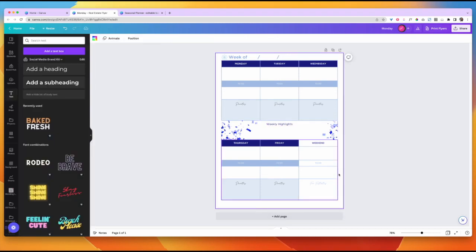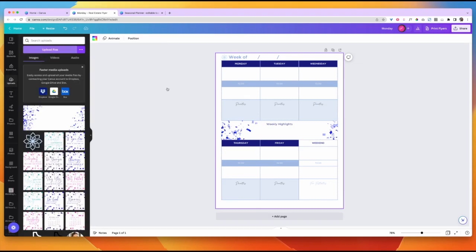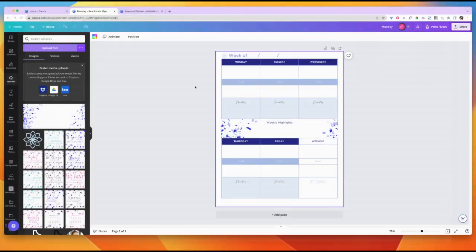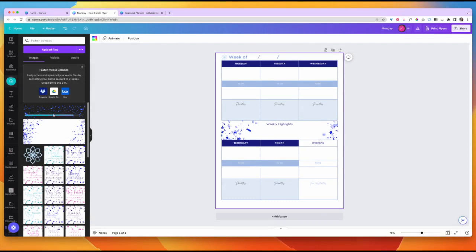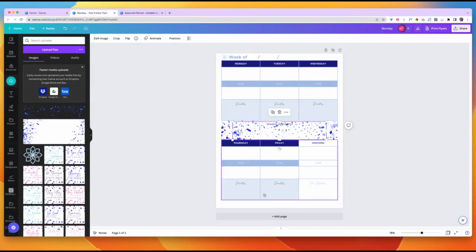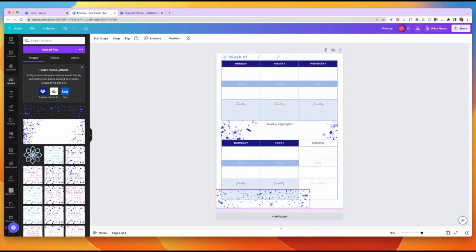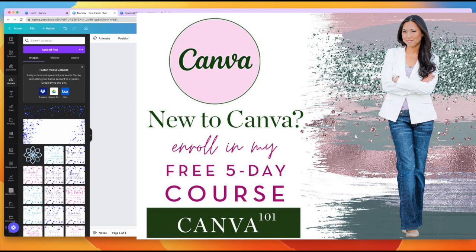And then at the bottom, I had a border that was confetti as well. So we are going to go to upload, and we're gonna add that blue confetti long. And once it's here, we're just gonna click on it and drop it. Did I hit it twice? I did. All right, we're gonna drop it down here. We're gonna line it up over here to the corners. And then we're gonna shrink it down so it fits right there. And there you go. So that is how you do the exact same layout we just did in InDesign